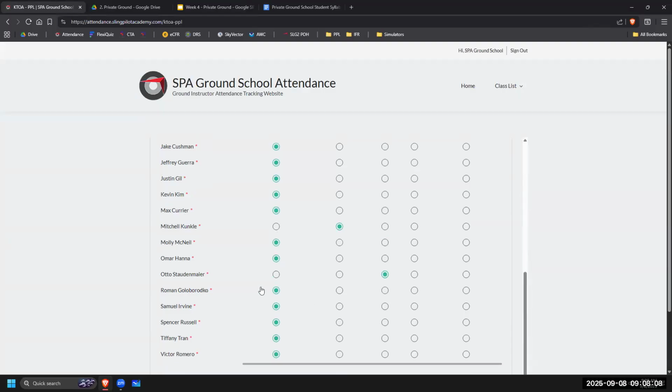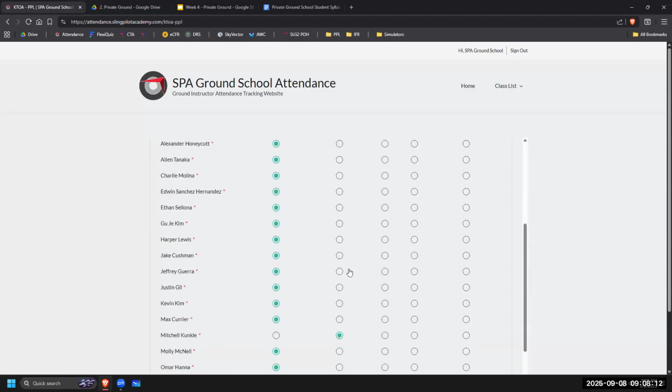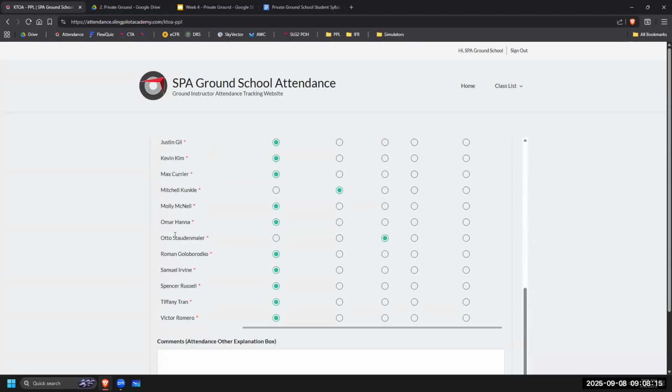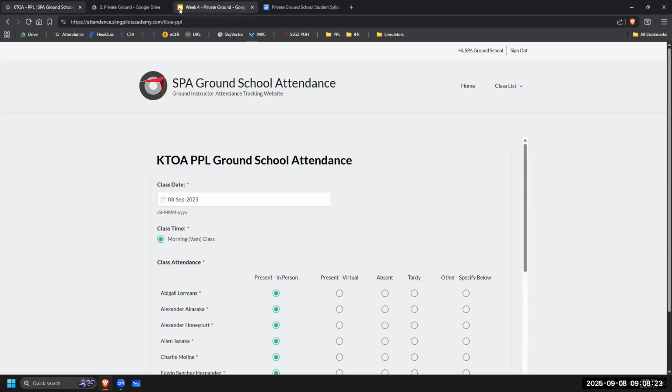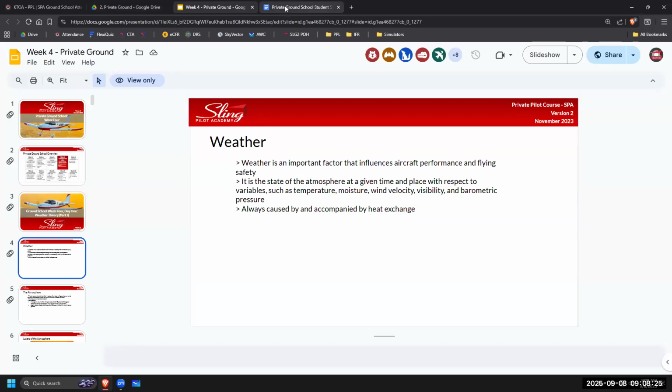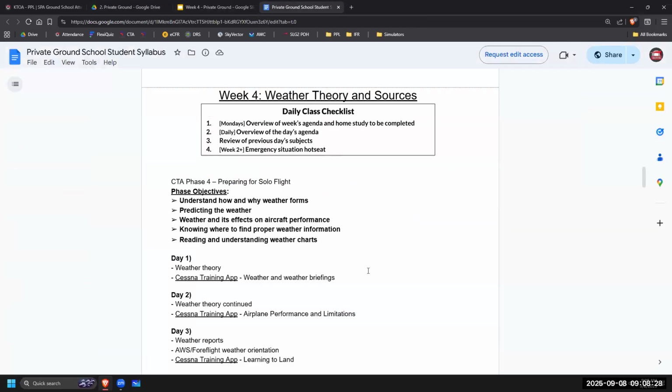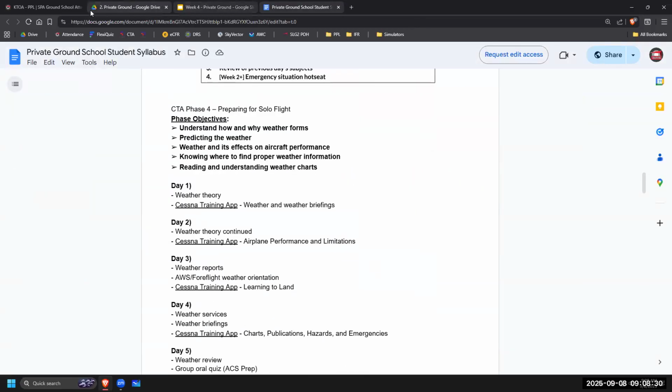Marking you here. So now I just have Mitch is gone. He told me that, so I've been marked virtual, not gone. He couldn't be here today. He let me know last week. And then Otto's still missing, so we got everybody else. He's not gone forever, as far as I know. He said he was going back.